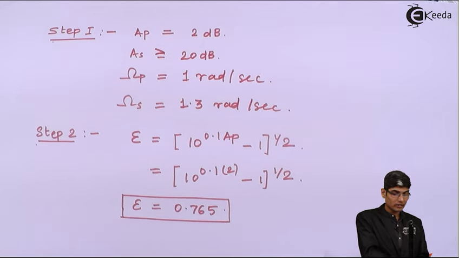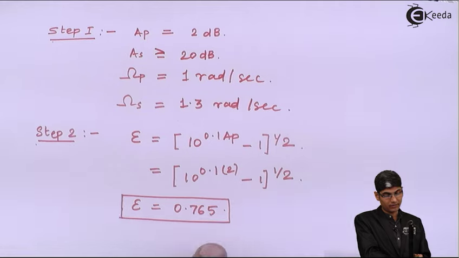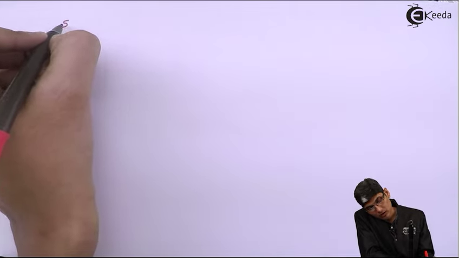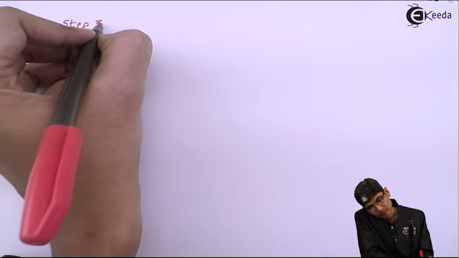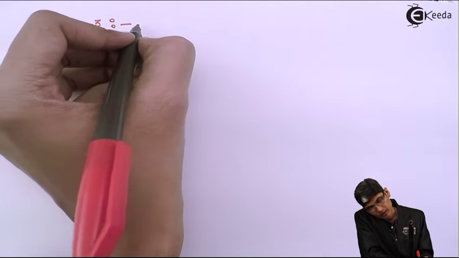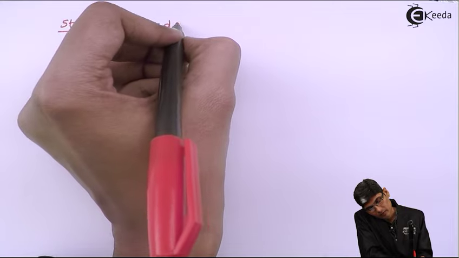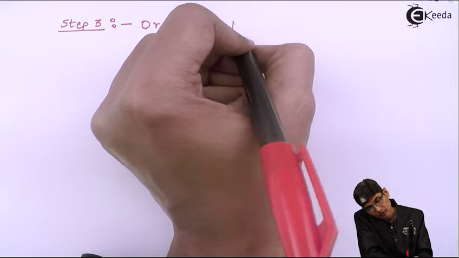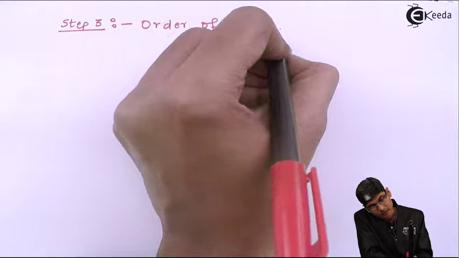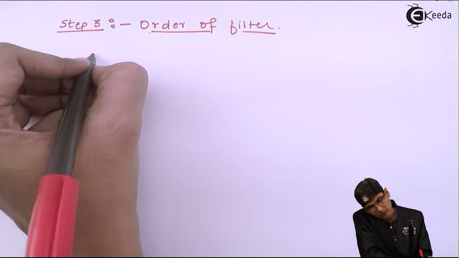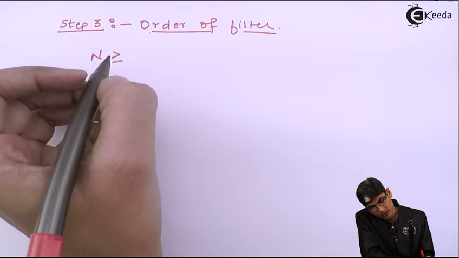Okay. Once you get the epsilon, let us go ahead and find the order of the filter. That is step number 3. So step number 3 is nothing but the order of filter. So for the order of filter, I say n greater than or equal to